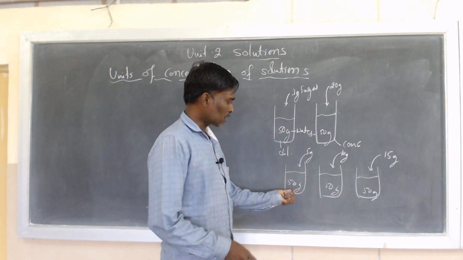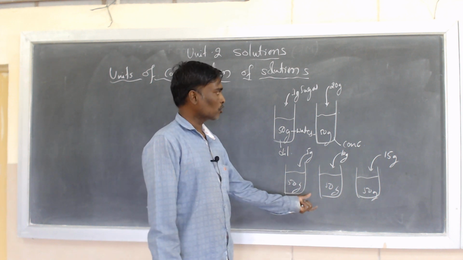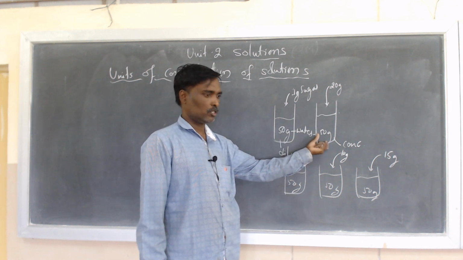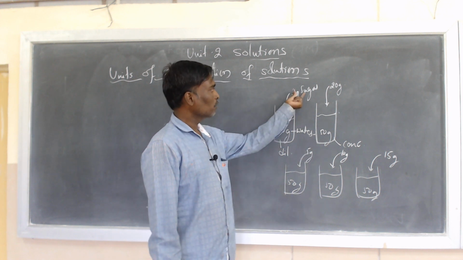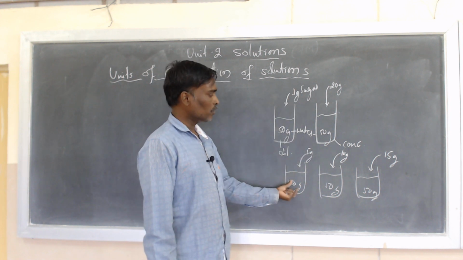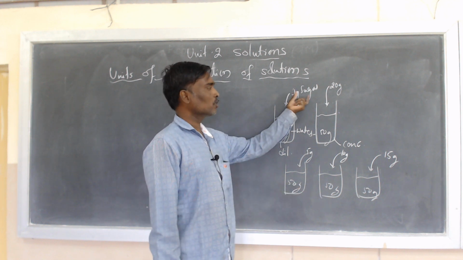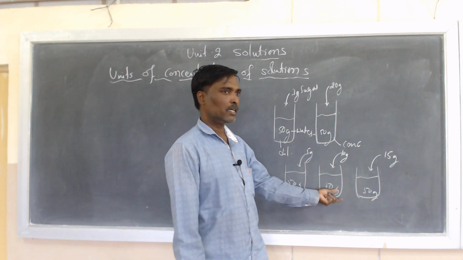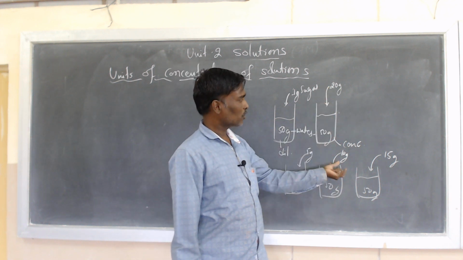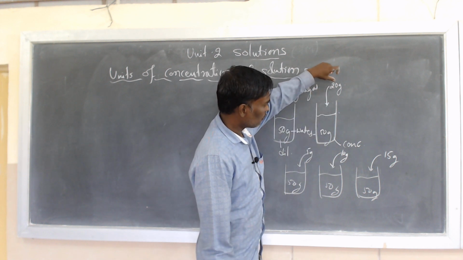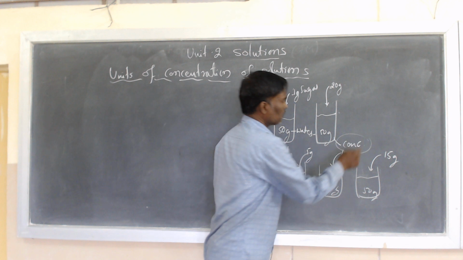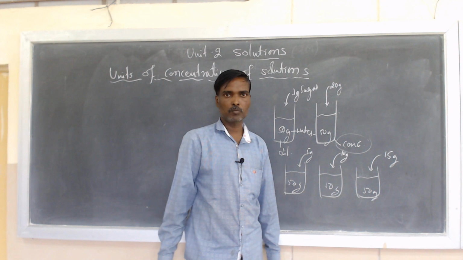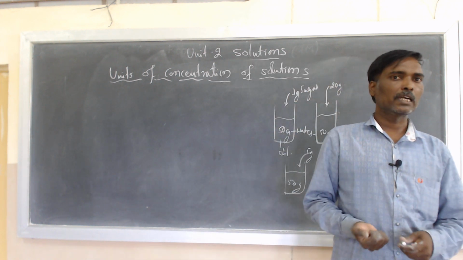Are these dilute solutions or concentrated? These are not concentrated, because when 20 grams is dissolved in water, then we call that a concentrated solution. These are not dilute, because only when 1 gram is dissolved do we call it a dilute solution. If the quantity of sugar is more, we cannot call it dilute, and we cannot call it concentrated either, because the solute is not as much as we defined for concentrated. So what do we call this type of solution?